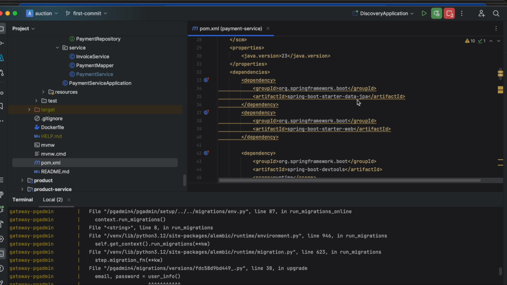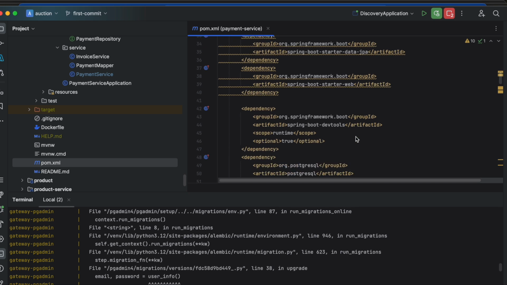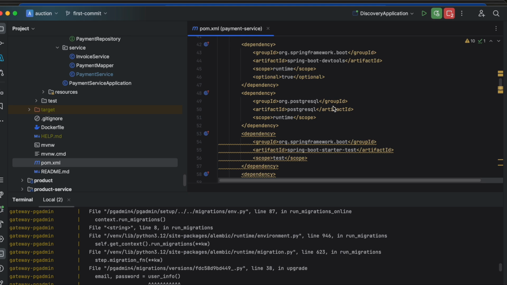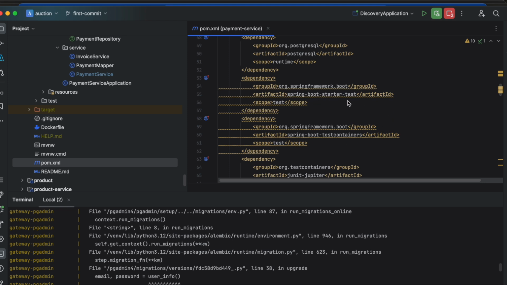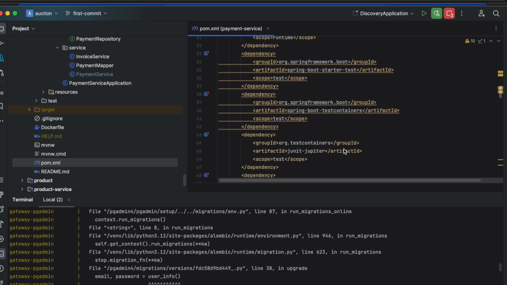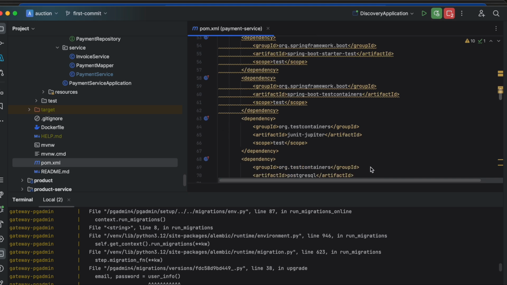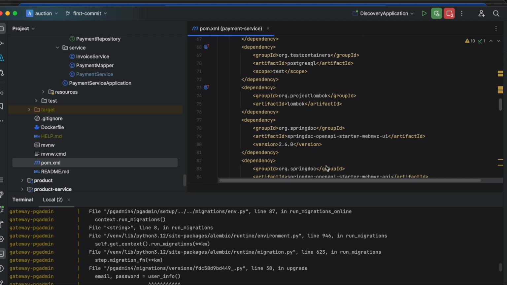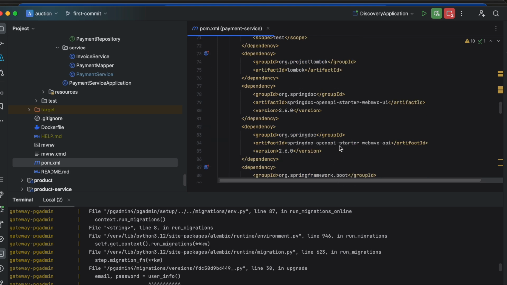And Spring Boot Starter Data JPA, Spring Boot Starter Web, Spring Boot Dev Tools, PostgreSQL, Spring Boot Starter Test, Spring Boot Testcontainers, that's also for test, and JUnit Jupiter, that's for test, Testcontainers for Postgres, Lombok, Spring Boot OpenAPI Starter WebMVC UI, Spring Boot OpenAPI Starter WebMVC API,